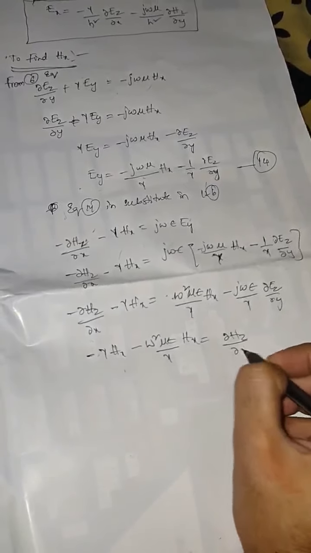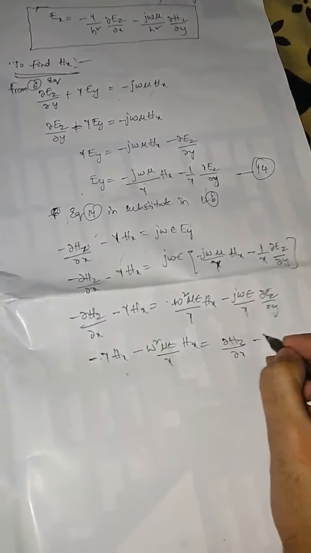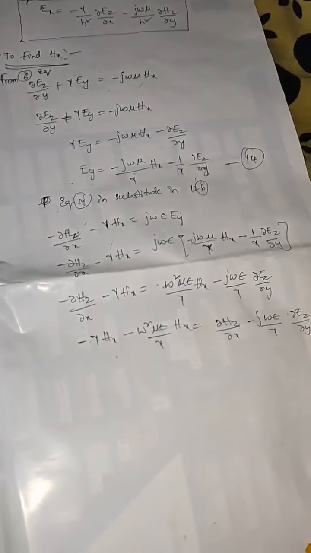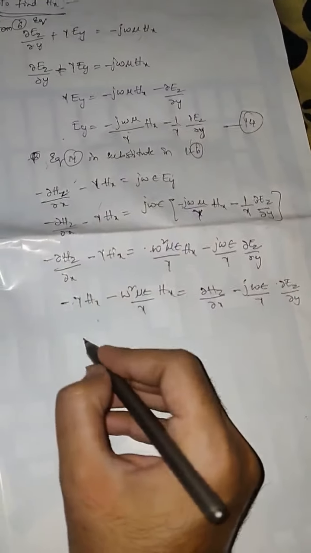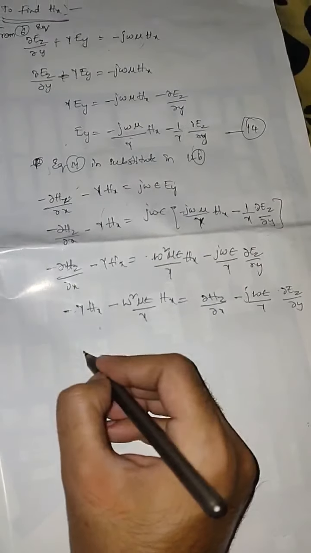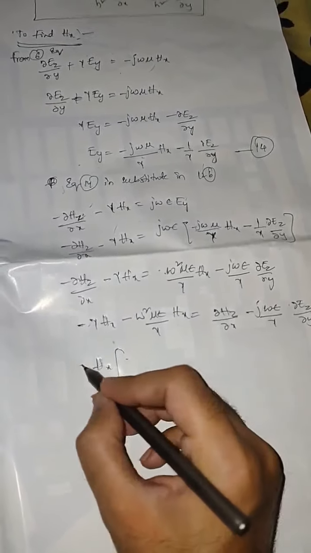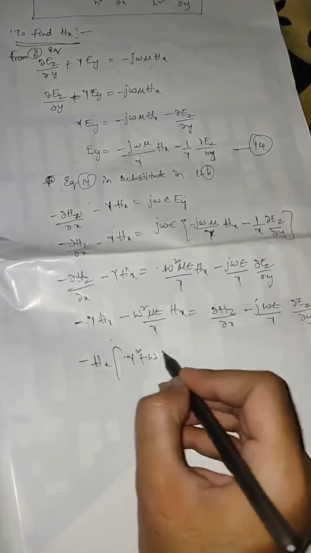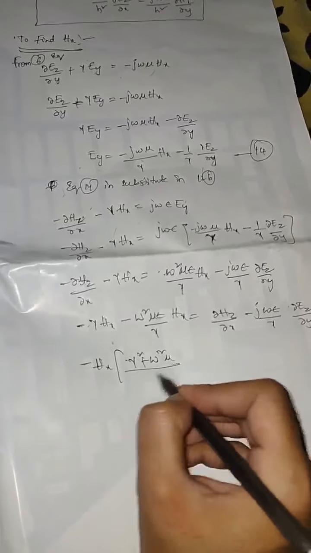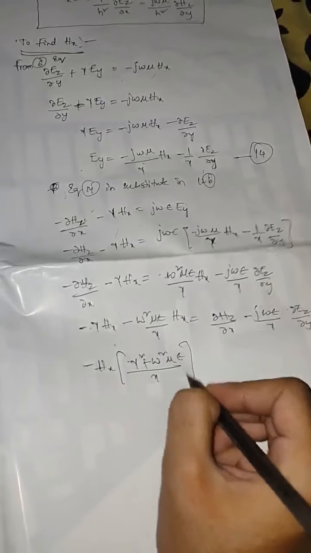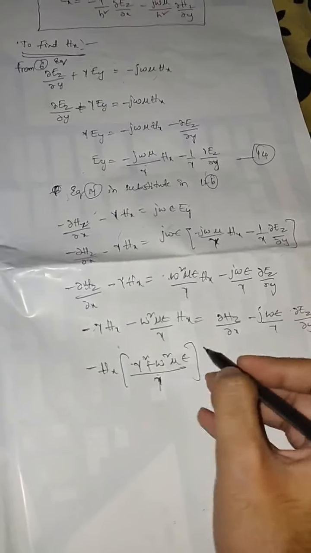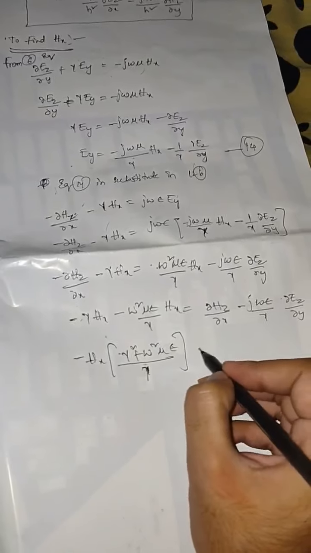∂Hz/∂x, move this term to the other side. So jωε/γ ∂Ez/∂y. Okay, so this is the value. So take Hx common, so minus Hx common, so we'll get γ² and take the LCM of γ here. So you'll get (γ² + ω²με)/γ